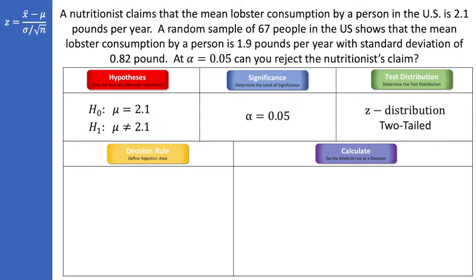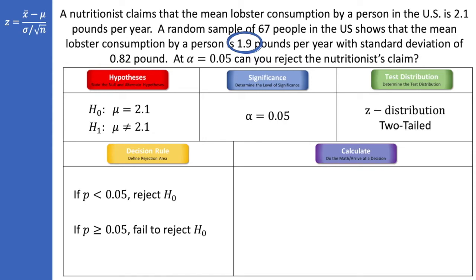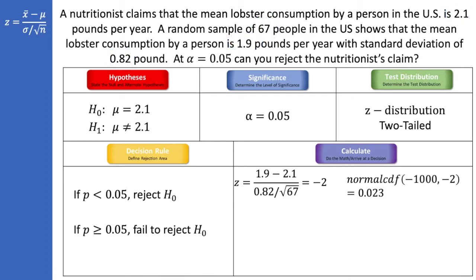And our decision rule, if p is less than 0.05, reject the null. If p is greater than or equal to 0.05, we'll fail to reject the null. And now we calculate, so we've got a sample mean of 1.9, population mean of 2.1, standard deviation of 0.82, and a sample size of 67. So all that goes into our formula. When we calculate that, we get a z-value of negative 2. So we'll find the area under the curve to the left of negative 2, and we find that to be